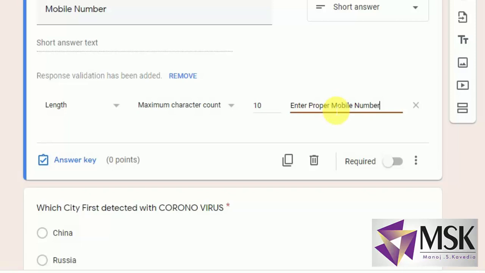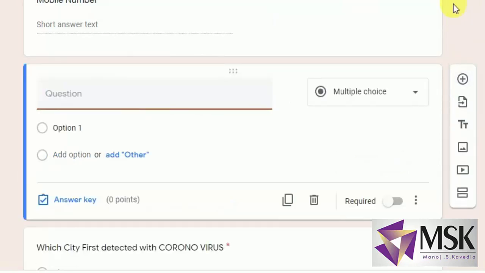If he has entered it wrong, he'll get this message. Again, I'll make it compulsory. The next, I can say email, which I've already taken. So these are the parameters which I can take.